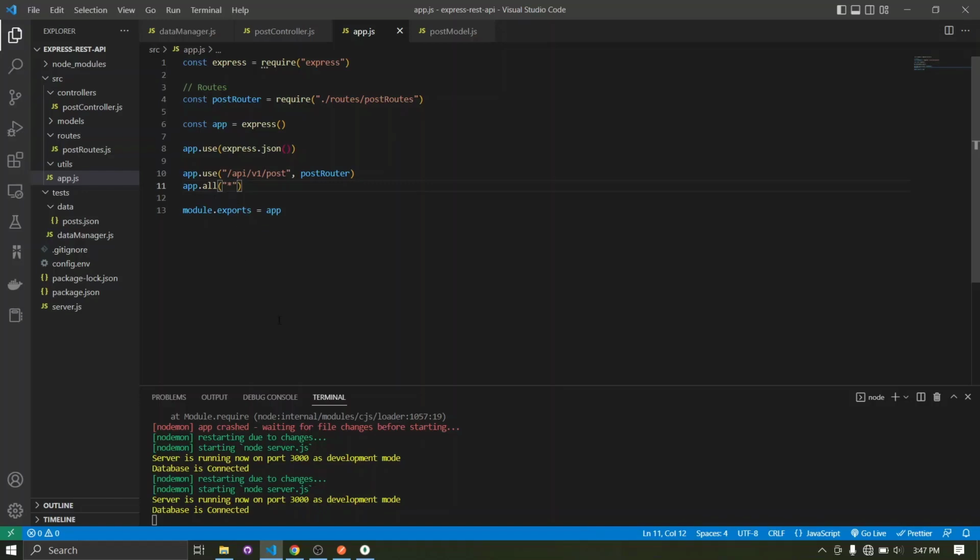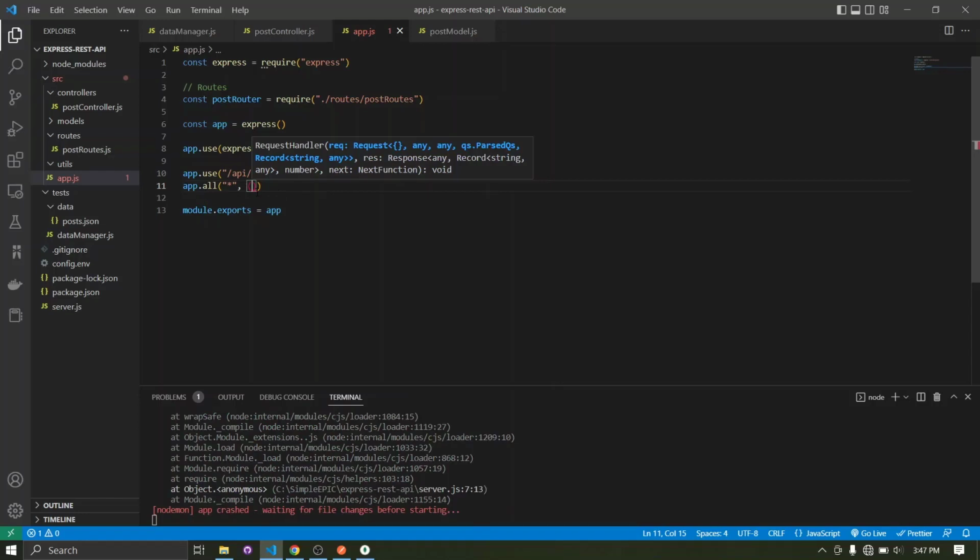And once it is forwarded to this route, we need to send a response back to the user saying this route is not defined or something like that. So basically I can define a middleware function like this,